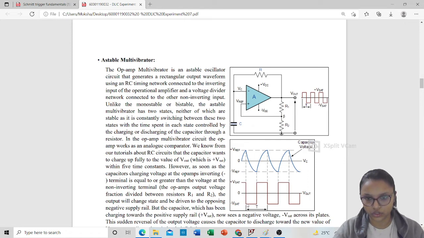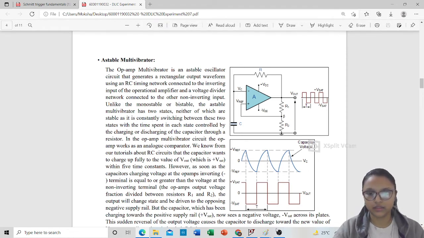so it will go to the minus V saturation. Now at the minus V saturation, my capacitor goes on reducing till minus Vref. Now as it's going to the minus Vref, the inverting value has been reduced and the value at the non-inverting has increased. So from this point it will start increasing, and then when the capacitor goes to the positive Vref, again it goes on decreasing, and my output also goes to the minus V saturation. So this is about the astable multivibrator.